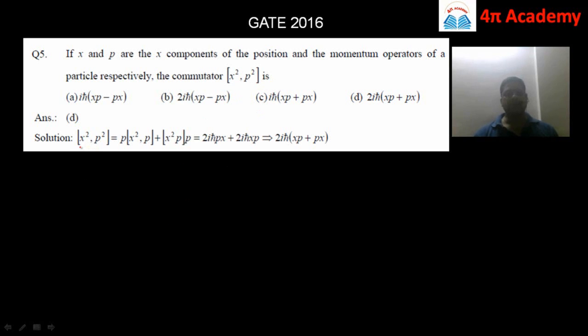So here let us solve this problem. The commutation bracket of x square comma p square will be equal to p into the commutation bracket of x square, p plus x square into the commutation bracket of x square, p into p, and this will be equal to, now if you remember the property that the commutation bracket of a square